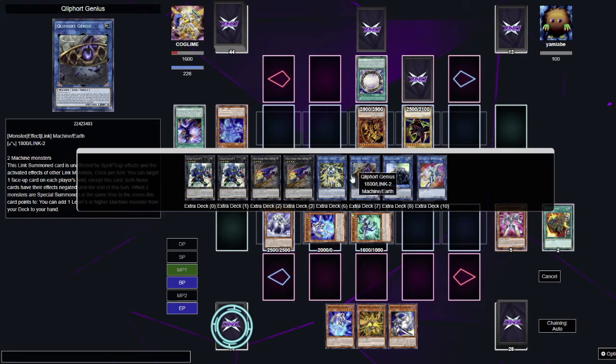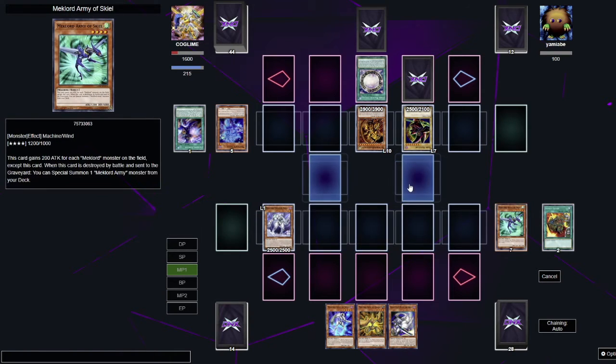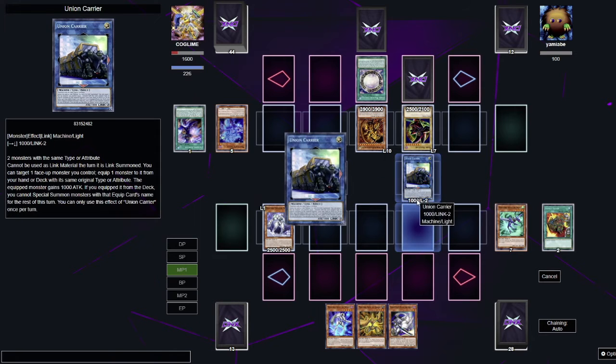Now here I go into a Union Carrier to get Dragon Buster Blader out. It's taking me a little bit. I don't know why I was thinking about it. It's definitely a Union Carrier here. So I do the Union Carrier, go into the Dragon Buster Blader, equip it to